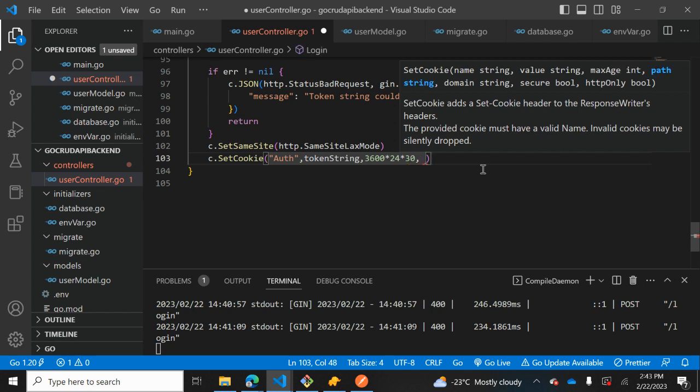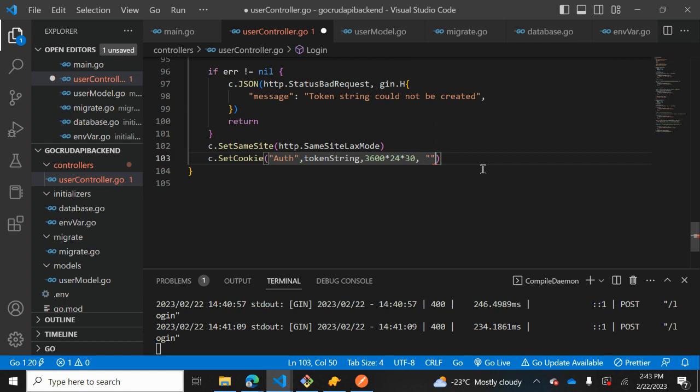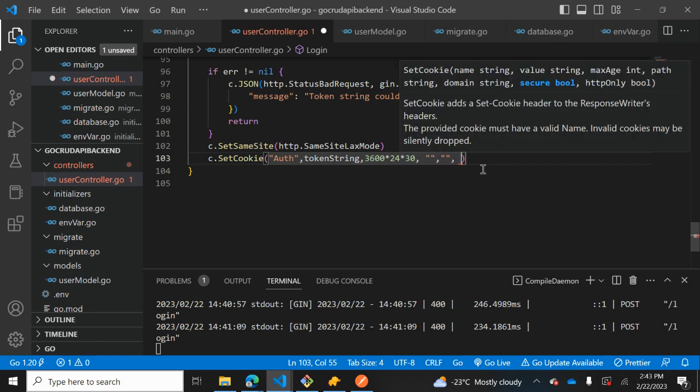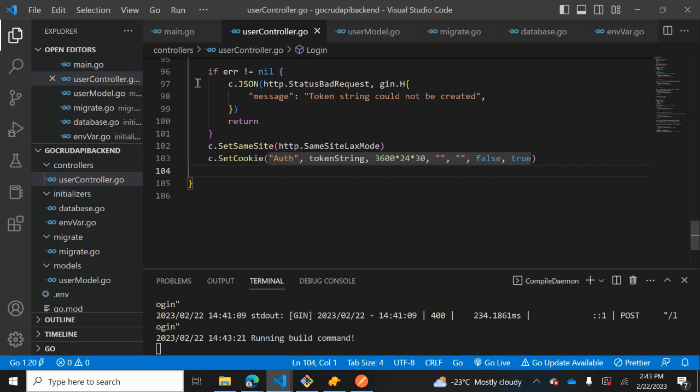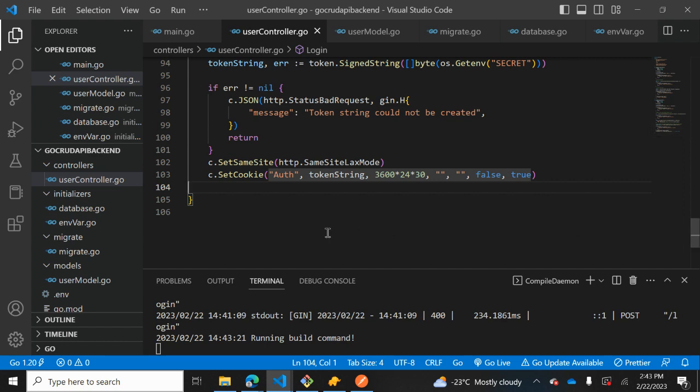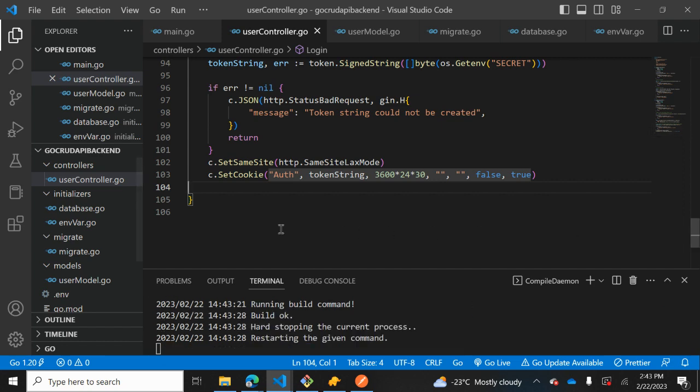Okay, let's leave it blank. Let's leave it blank. False, true. Okay, and let's save it. Alright, now that we have this login thing and we have a token string also,